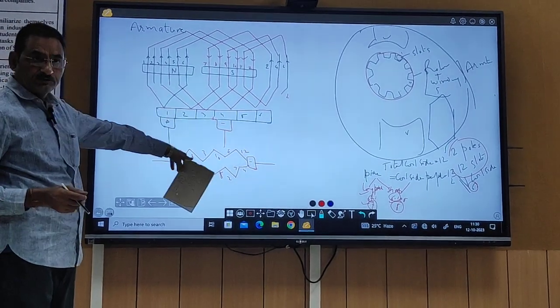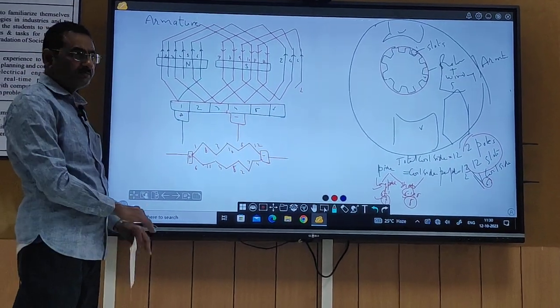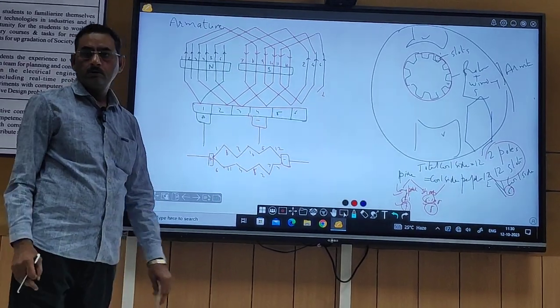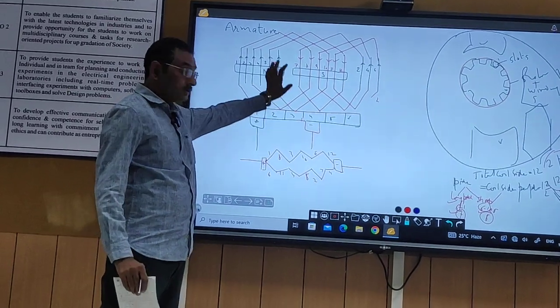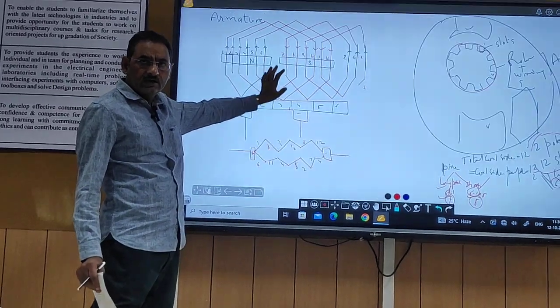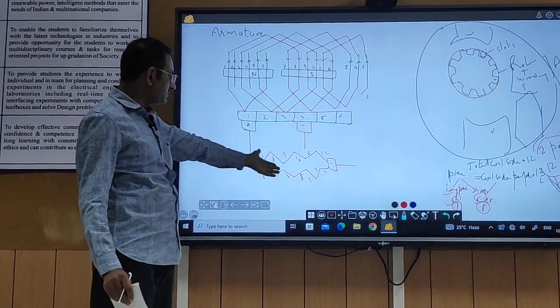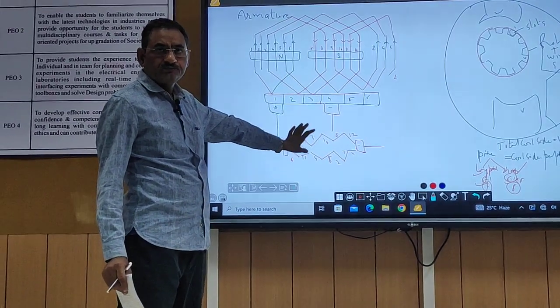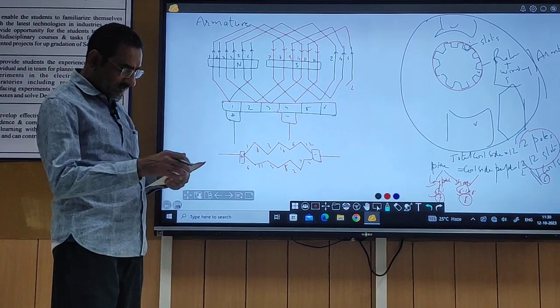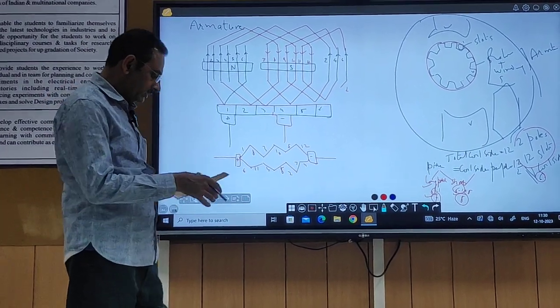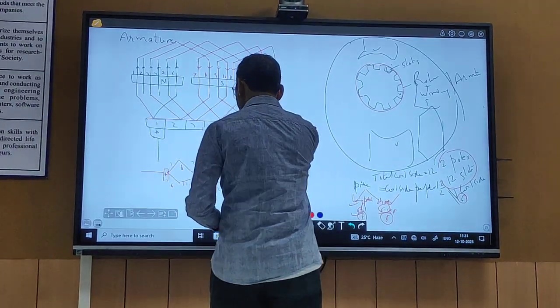ठीक है, ये सेम चीज हो रही है कि नहीं हो रही है? Is there any difference between this and this? Just to have the simplification, is there any difference? It is difficult to make it again and again, आपको ड्रॉ करना होगा. This is difficult, this is simple, so in this way practically this is there, but theoretically you can see like this, and this again, if you again understand this you can say 1 and 8,